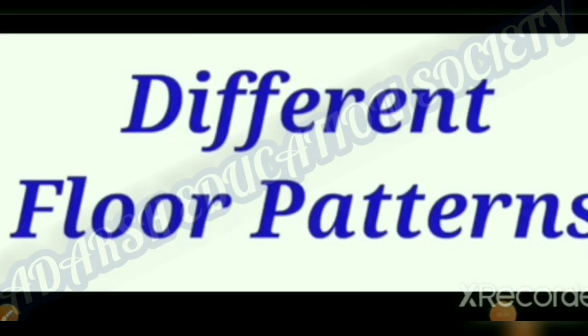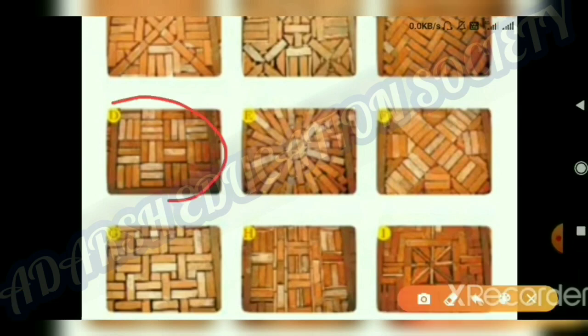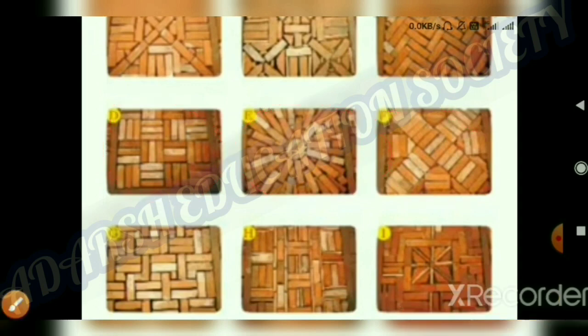Now let's we see the different floor patterns. Here in this picture you types of floor patterns which is made with bricks, right? Here you all can see the different types of designs or patterns made with bricks, right?